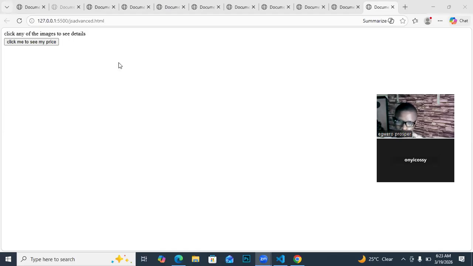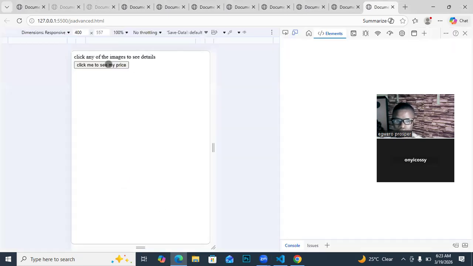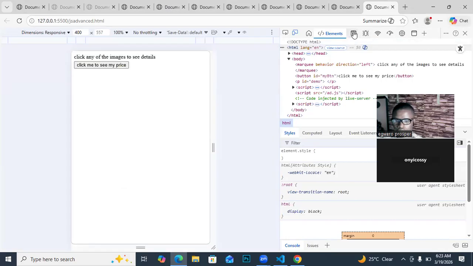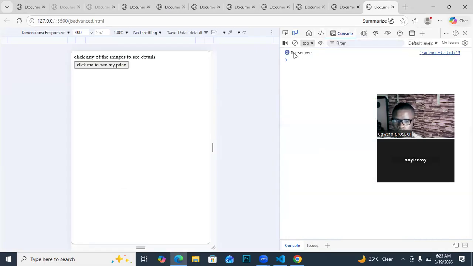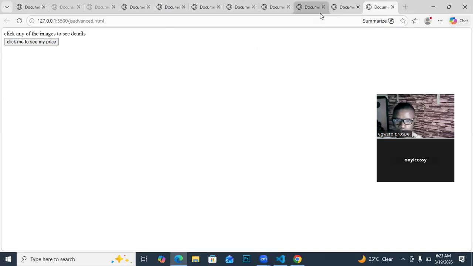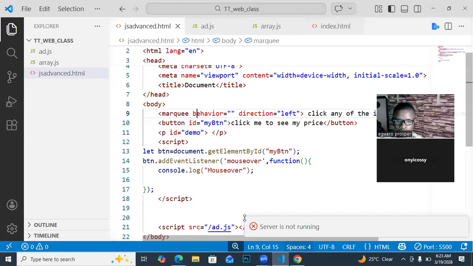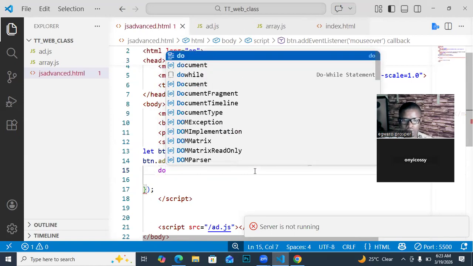Let me just, what I will do now so that we can see it very well before I conclude, let me use the other method to display it, which is let me use document dot write. Which one did you use? Okay. So document dot. I just want to use to